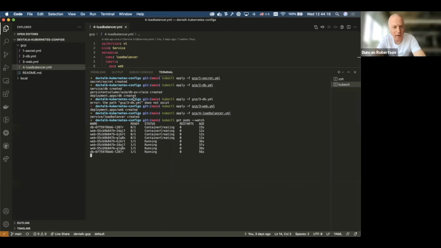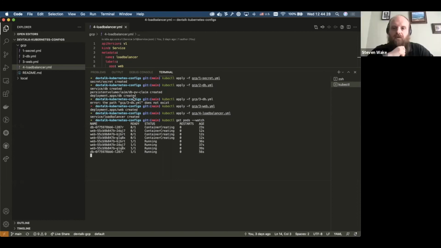No, that's fair. The other simple question is, are you still using traditional Docker Compose commands in development, or are you using Kubernetes locally to do development? So we are still using Docker Compose. Okay.